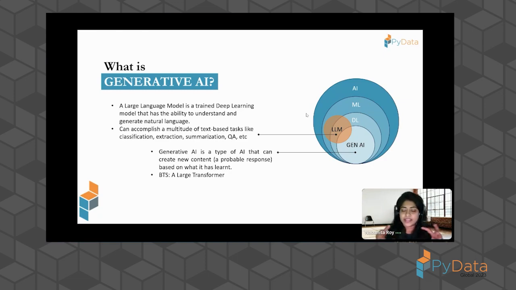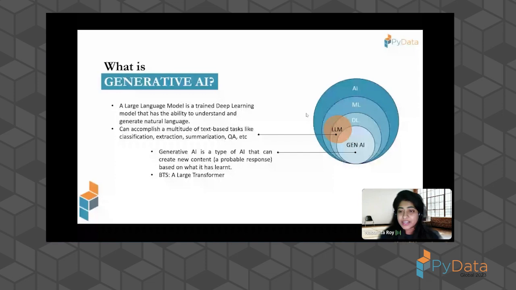In the whole AI ecosystem, where does generative AI lie? So we'll start with AI. What is AI? AI is an ecosystem of algorithms or machines that understands and has the ability to predict something in the future. A system that has the ability to learn from past data points, and then predict something further.